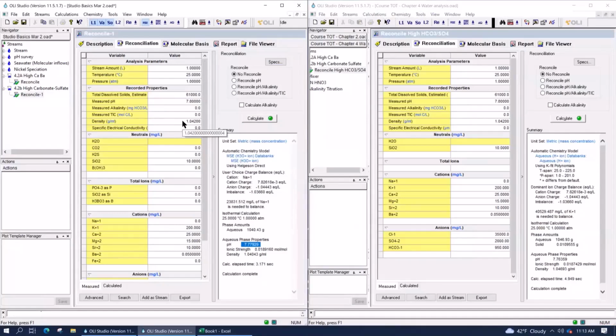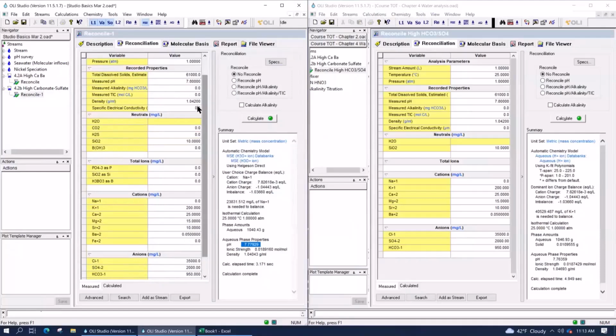And in cases like this, if you say, well, how do I know if it's sodium or potassium? Well, in this case, you can use things like TDS, right? The TDS here: we added 23,000 of sodium and we added it to 35,000 chloride. That's about 58,000. Plus everything else, it would produce about 61,000.